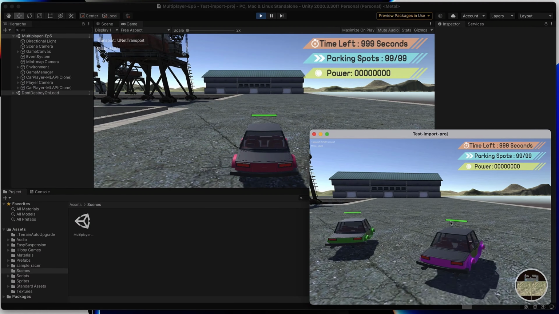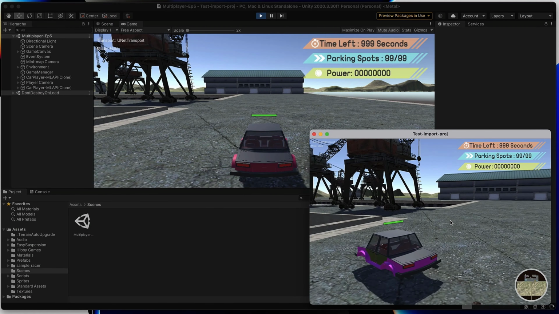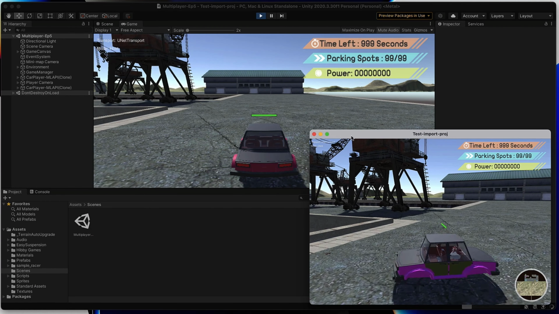In this episode of creating a Unity ML API multiplayer game series, we'll be taking our game from this to this. At first glance, it may be a little bit hard to see, but our whole goal in this episode is to add player position tracking and player rotation tracking into our Unity ML API game.